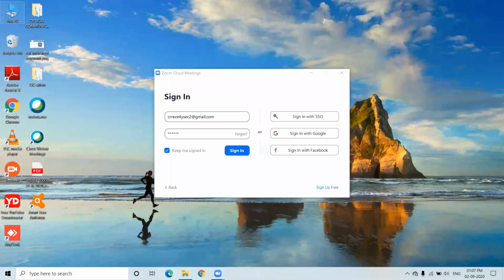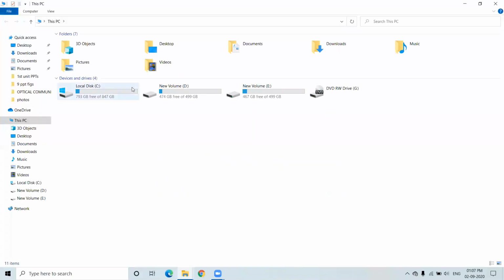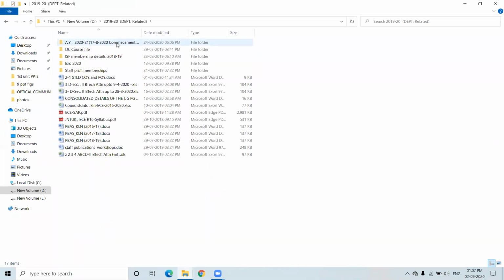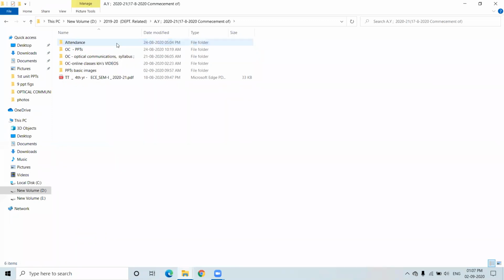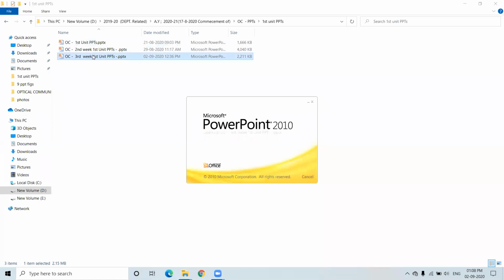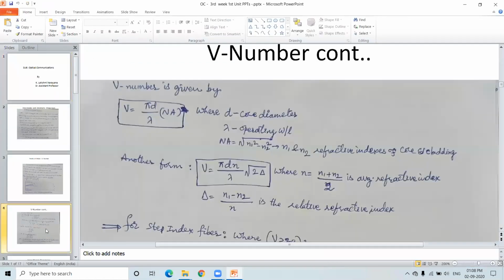equation, and depending on that equation, we have solved one problem where we obtained, meanwhile I am going to share the screen. And we got the pulse spread of 84 nanoseconds. And what is the effect of this pulse spread on the bit rate? Obviously the bit rate is going to be reduced as the pulse spread takes place.